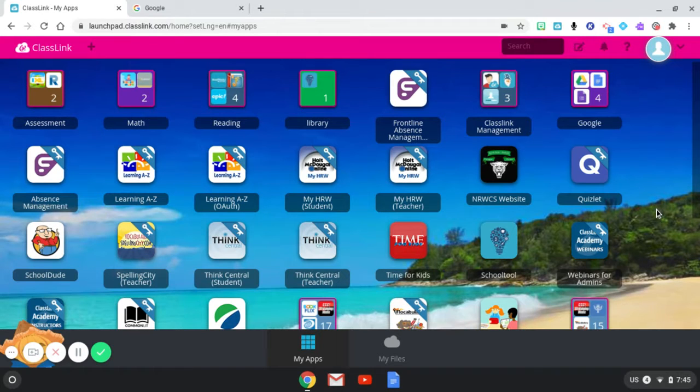I want to give you a little bit of an overview of Google Classroom. Google Classroom is where all of our teachers are putting their work and information for you to connect with your students. So to get to Google Classroom, the easiest way is when you log onto your computer,